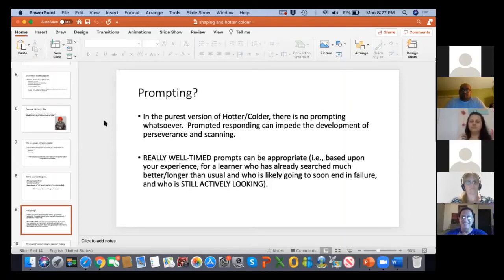So I can be shaping. Maybe this gets to your previous question too, I would end up having some balance between prompting and shaping. So let's say I saw a pretty good effort and they did this, or they were here, but there was pretty good effort. Then I might just tuck my fingers behind theirs and go, oh yeah, you got it. You're practically there. There it is. Yeah, you got it. And then I might reinforce the prompted response.